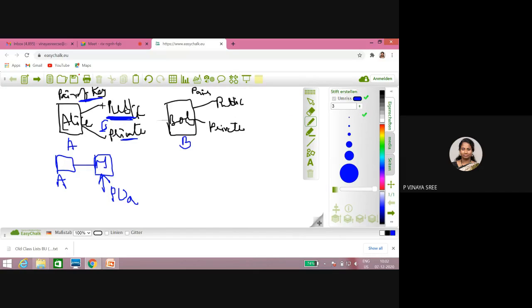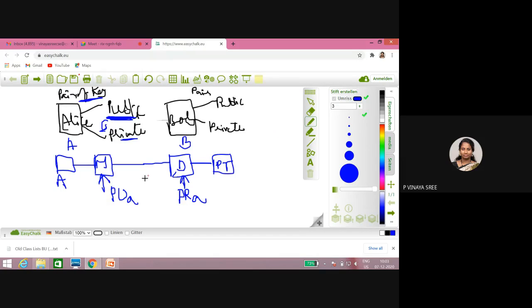So in asymmetric key encryption, if you are using the public key of A for decryption, then this is decrypted. Next, let us consider that this decrypted text has to be converted to plain text. For that, what do I have to use? I have to use the private key only. The private key of A, so that I will get the plain text. This is your concept. Okay.